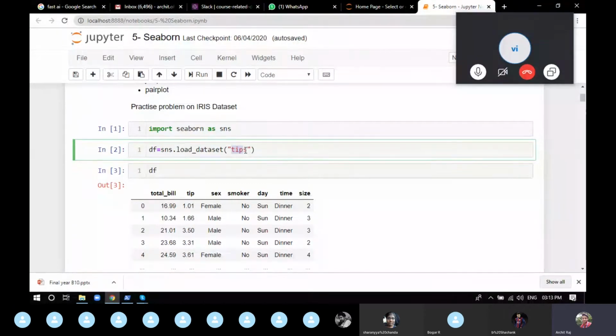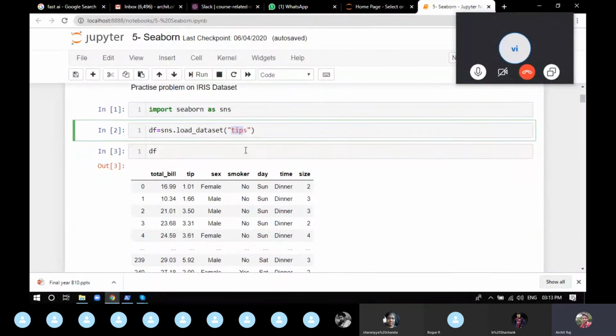We have 244 rows and 7 columns. And what are the 7 columns? The total bill, the tip that the person gave, the sex, whether they are a smoker or not, the day, the time, and the size.